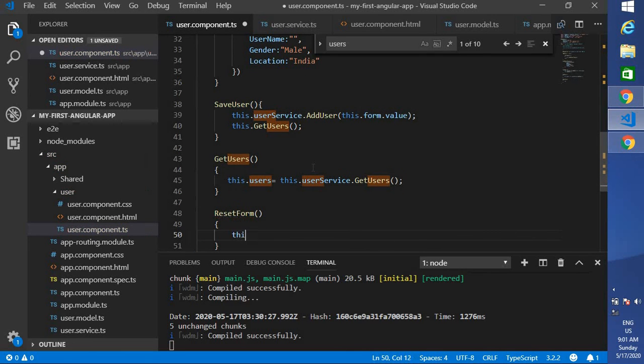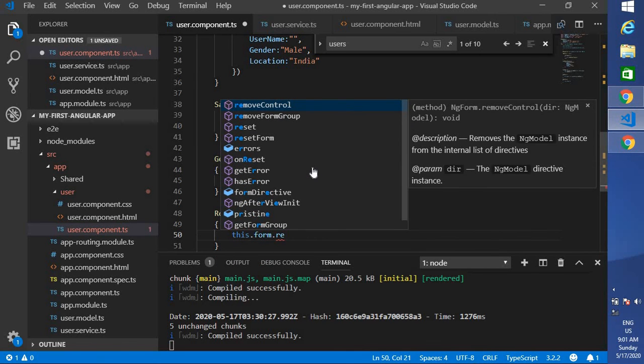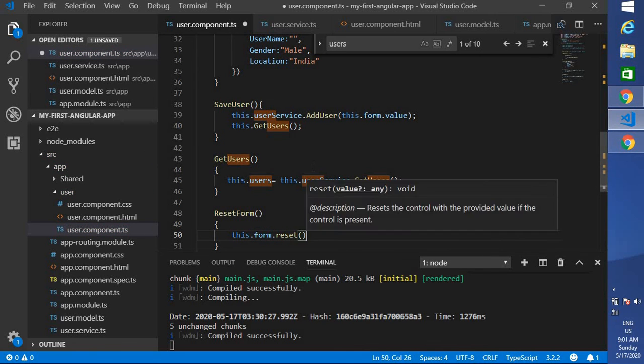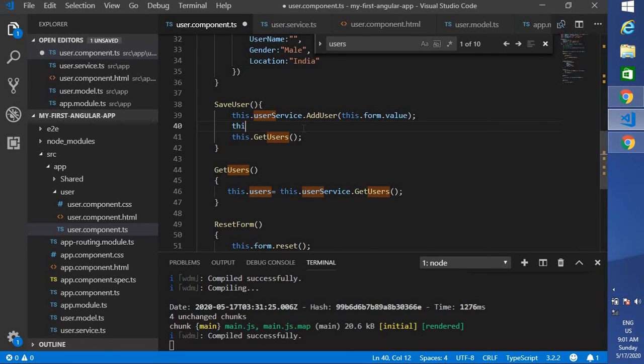What I'm going to do: this.form.reset. This will reset that value. Okay, let's call this one after saving the user, after you got the data.